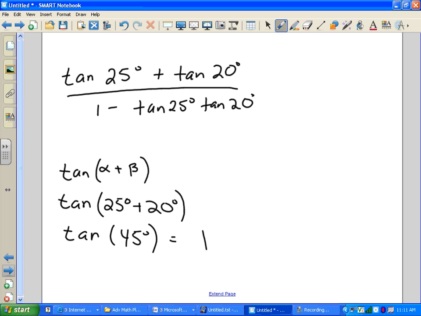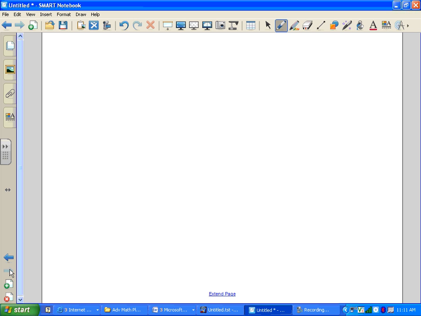Now, let's look at working for another exact value here. And we're going to find several off of this one. This one will take us a while to do, okay? So, again, I'm not going to write the directions, but I'm going to say we're going to find a bunch of exact values. Now, let me give you some information here. Let's say that we got the sine of alpha is 4/5,